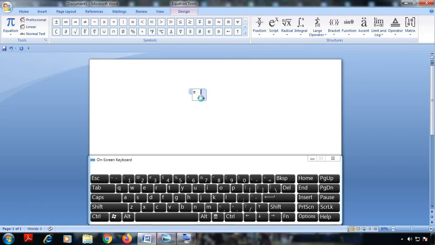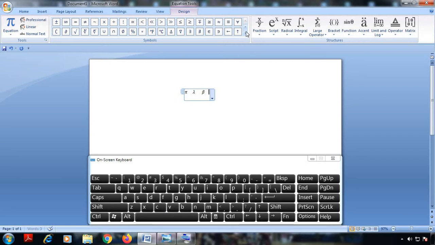In the same way, if I want to enter lambda, what I can do is I can again make use of backslash, then lambda, and I'll say space. You can observe there lambda symbol has been displayed on the equation editor. Now let's say if I want a symbol, say beta, again backslash beta. And again space, then the symbol will be displayed. This you can do for any of the symbols.